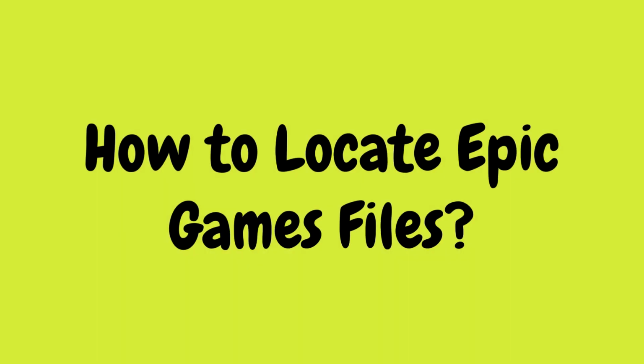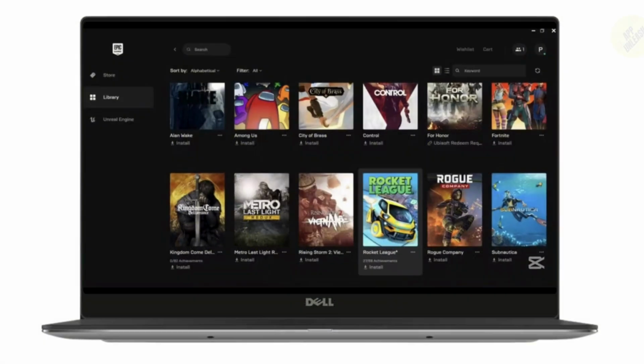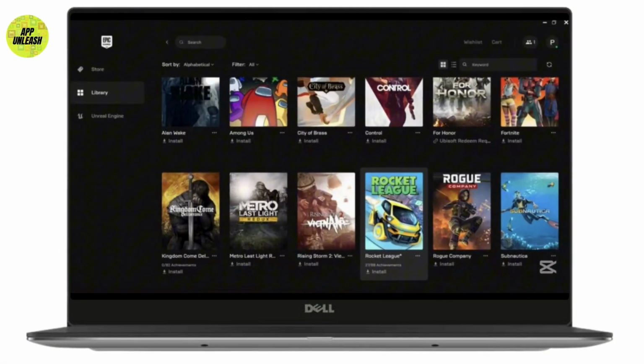How to locate or detect Epic Games files. So let's get started. First of all, the Epic Games Launcher is well known for occasionally handing out free games